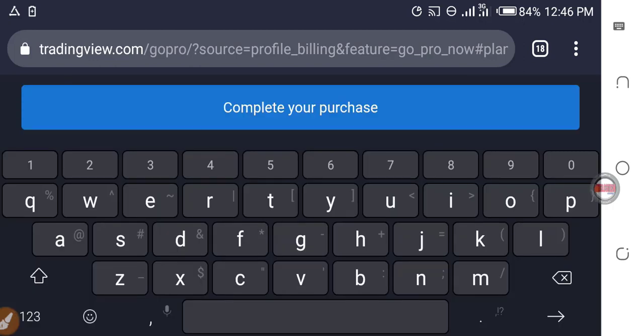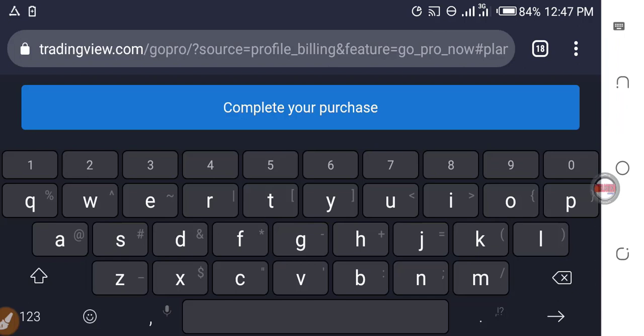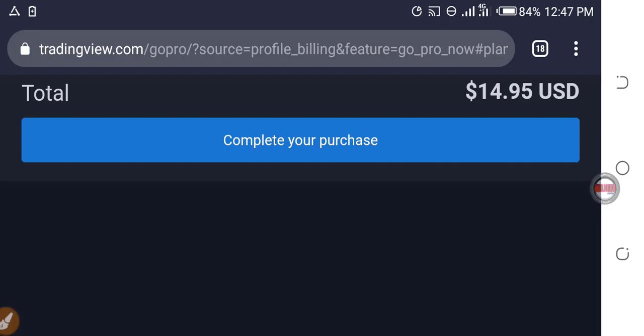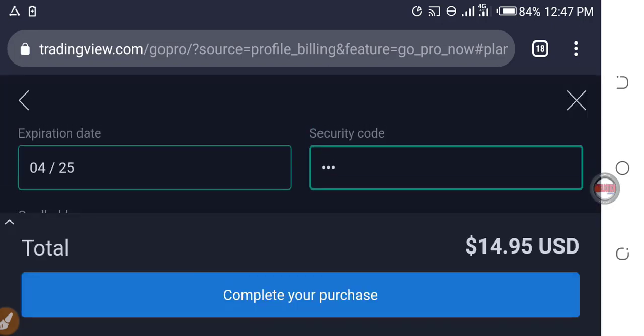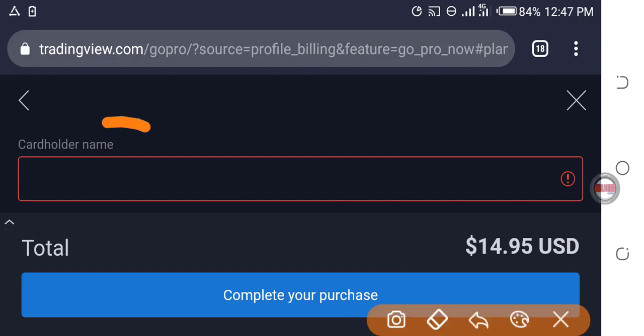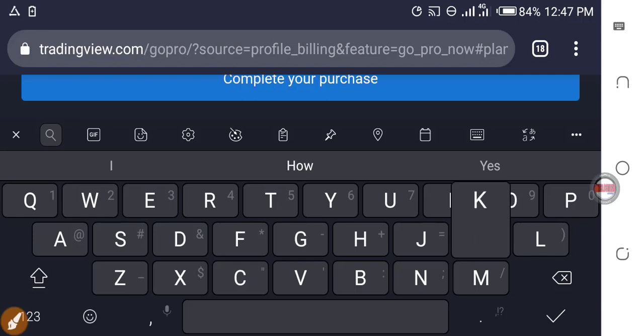And this CVV, I fill it in. For security reasons, I might cover it. And here it requires us to enter our card holder name. So I need to enter the name on the card, Kevin Ogwan.